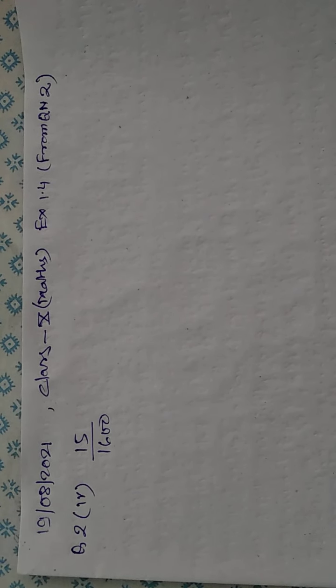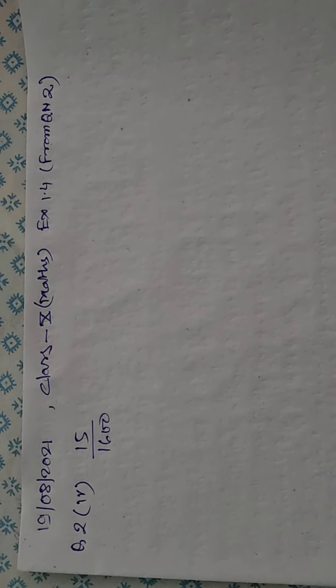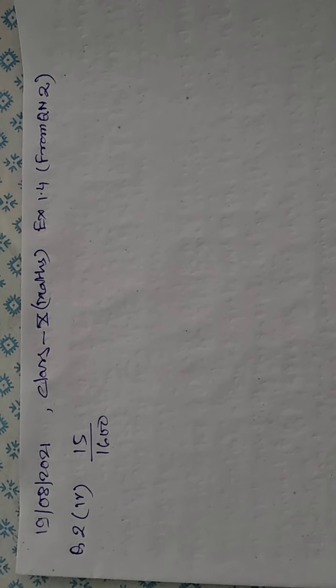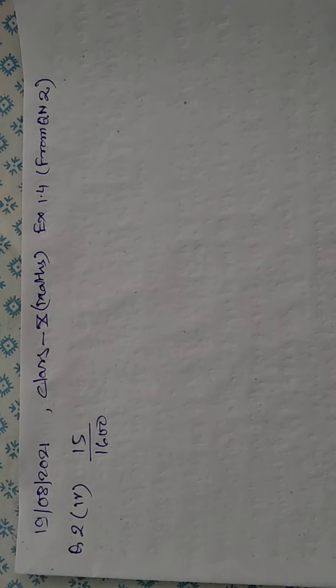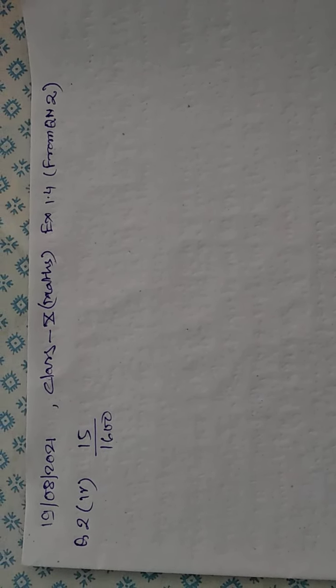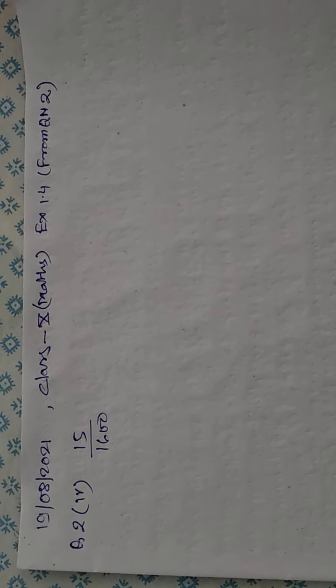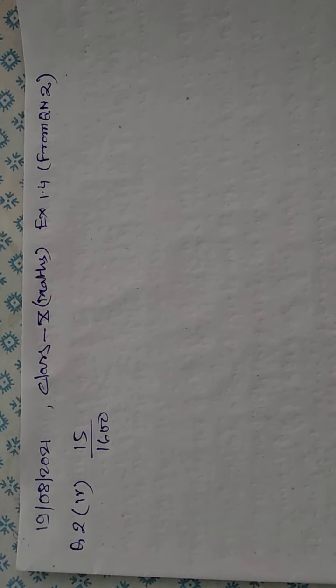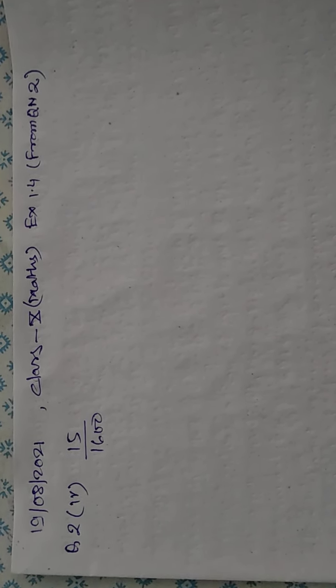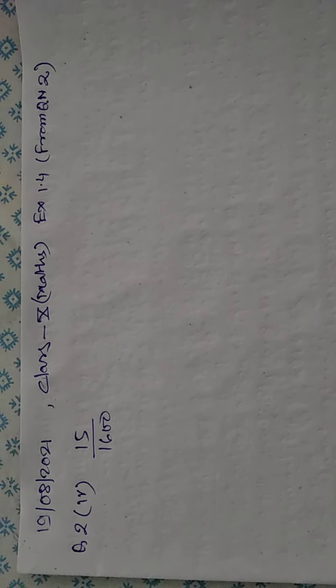Since 1 and 2 have terminating decimals, we represented 1 and 2 in decimal form. Number 3, that is 64 by 455, is a non-terminating repeating decimal, so leave it. Now we solve the 4th, that is 15 by 1600, because this has a terminating decimal. First of all, we check how this can have a terminating decimal, and after that we represent